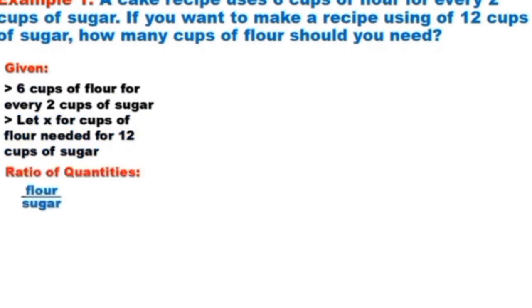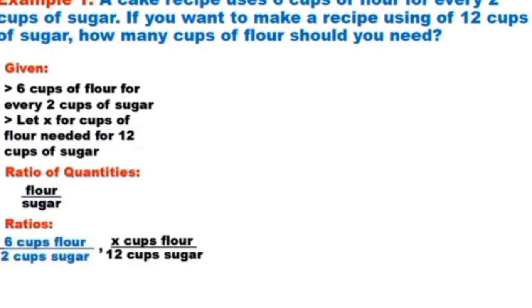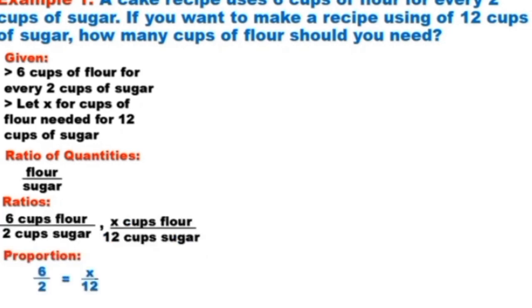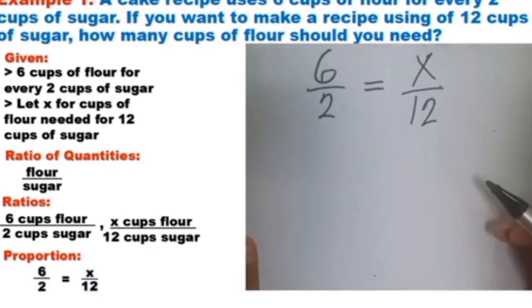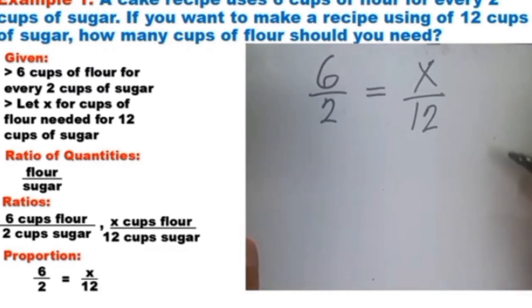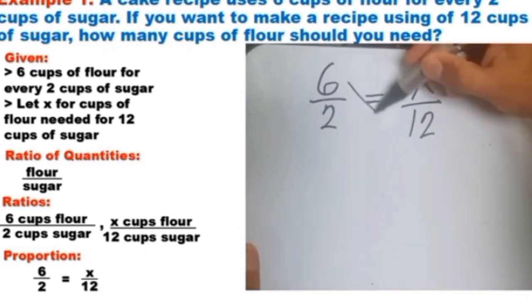The ratio of quantities in our problem is flour is to sugar. Our two ratios are 6 cups of flour is to 2 cups of sugar, and X cups of flour is to 12 cups of sugar. Our proportion: 6 is to 2 as X is to 12. To solve 6 over 2 equals X over 12, since it is in fraction form, we will cross